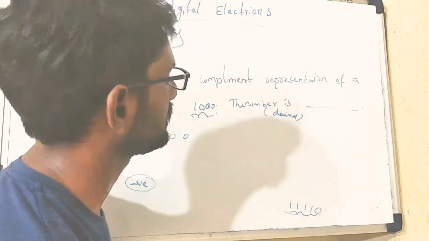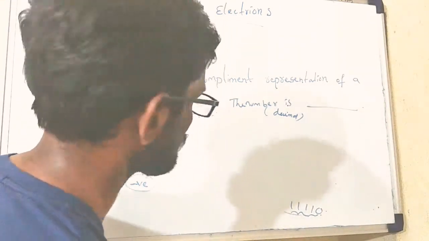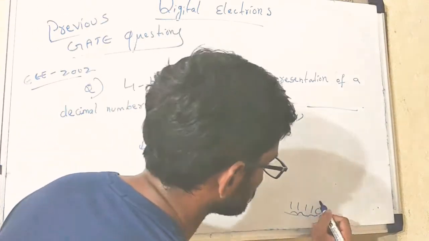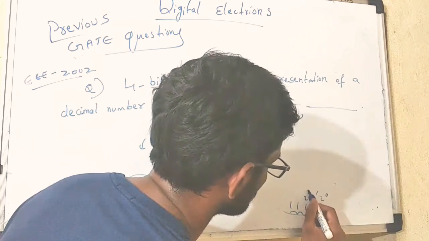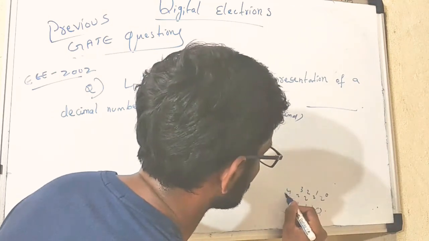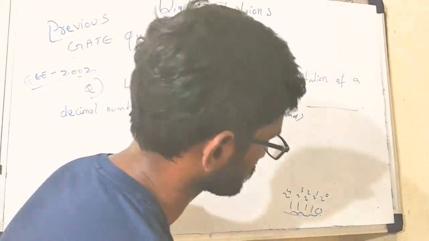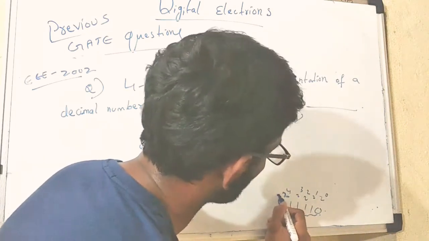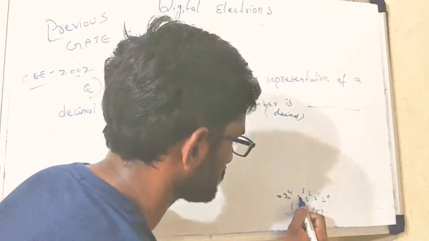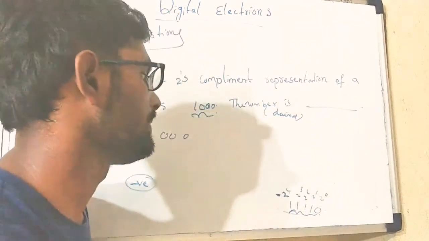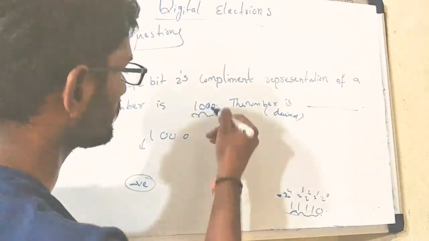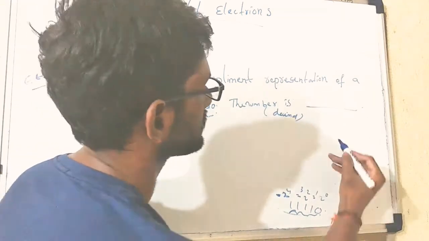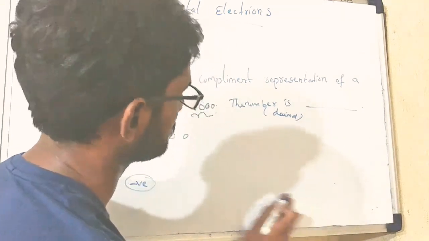If you want that in decimal form, the weights are 2^0, 2^1, 2^2, 2^3, 2^4. Here in 2's complement form, the last bit represents the negative value, so here this will be -2^4. This is the shortcut, with which we can directly find out the value. Otherwise, we can find it by using the normal method. First I will use the shortcut method.